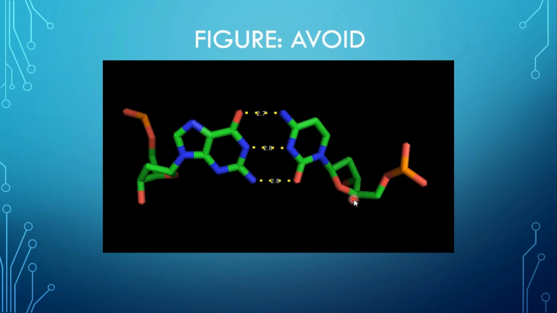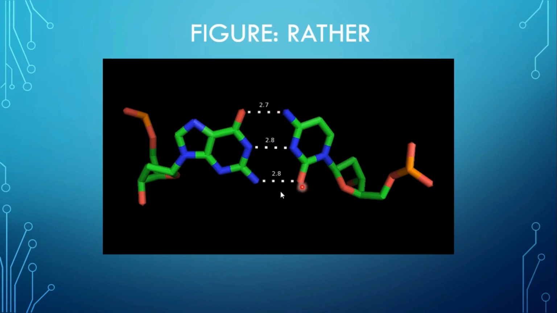This figure is much better than the previous two, so we can clearly see the two DNA bases. They are nice and neatly shown. And here we can see the hydrogen bonds and between which atoms they formed. However, the numbers are a bit obscured by these dashed lines. So we can then just drag the label above the dashed lines. This is the type of figure you should aim to generate for your assignments.